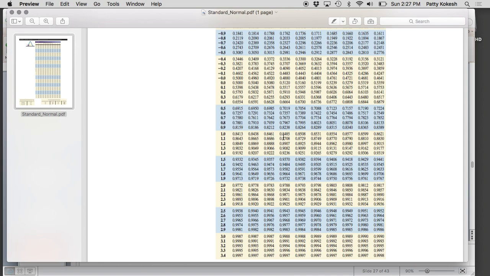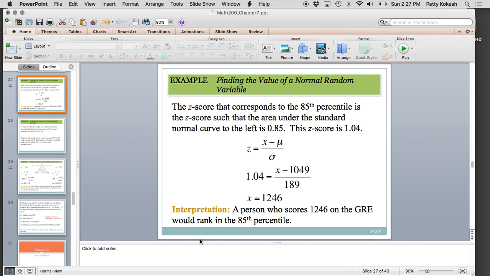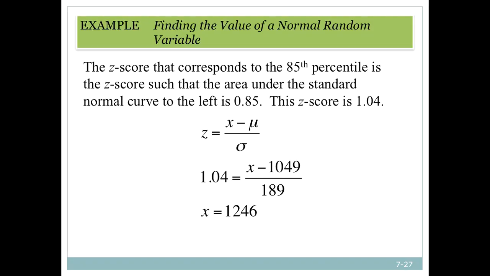So if you look, we have two values, 1.03 and 1.04. 1.04, the value of 0.8508, that's a little closer than the value of 0.8485. So 1.04 is the corresponding z-score. So essentially what we're going to do is we're going to still use our same old z-score formula, except in the place of z, I'm going to use the value of 1.04. And x, that's the thing that I'm interested in. I don't know what that is